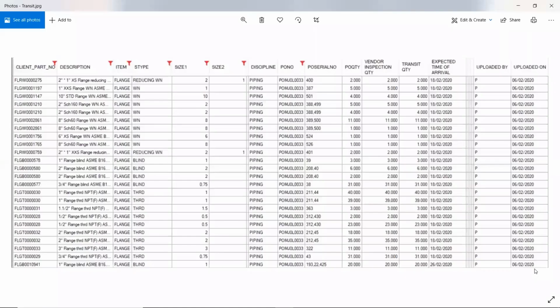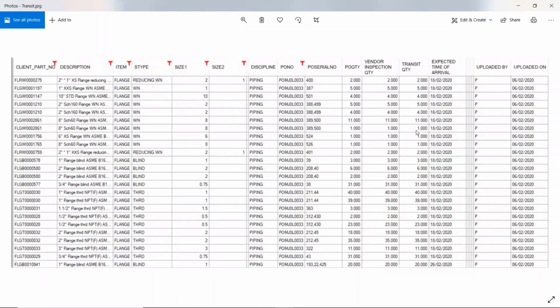Similar to the SRD, transit ETA will also be tracked over here. Like here, the vendor inspection quantity is shown. Once inspection is done at the manufacturer's location, how many quantities are inspected will be entered over here. Now, these quantities can also be split against the PO quantity. Like against 11 quantities, there are chances that currently inspected quantities are only 5. So whatever quantity is inspected as of date can be split over here.